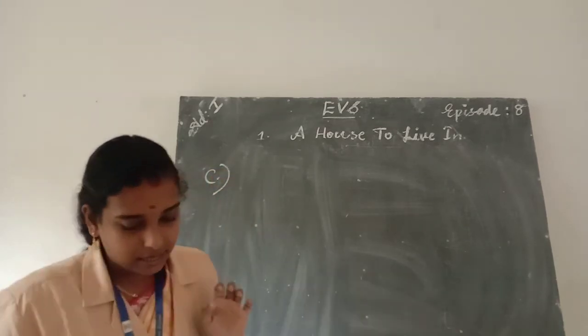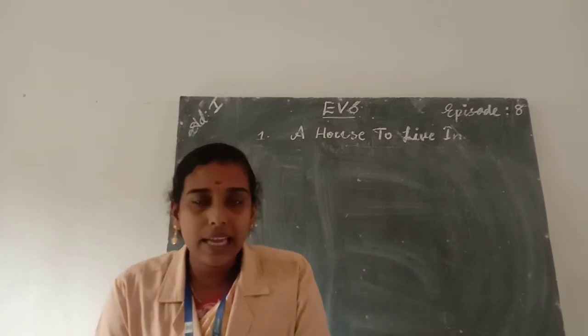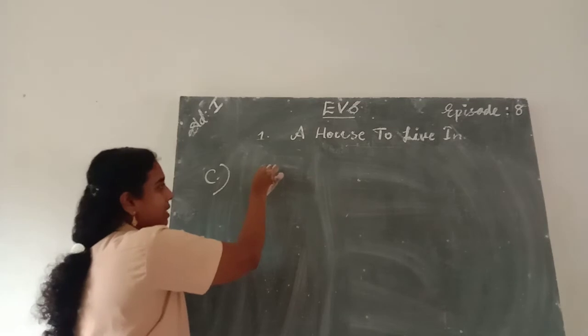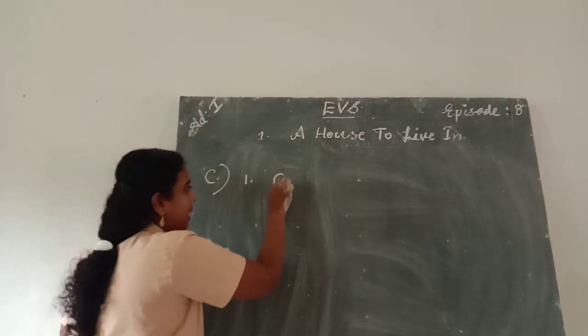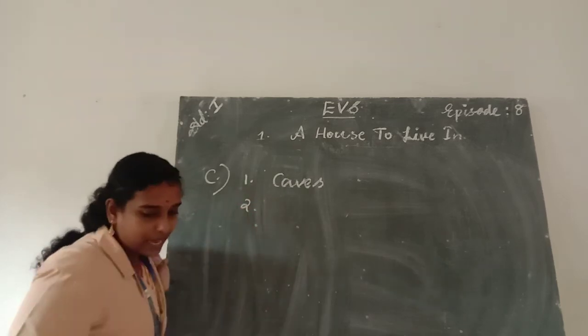Part C, answer the following. First question, where did the early man live? Early man lived in the caves. What is the spelling of caves? C-A-V-E-S. Caves. And second one,